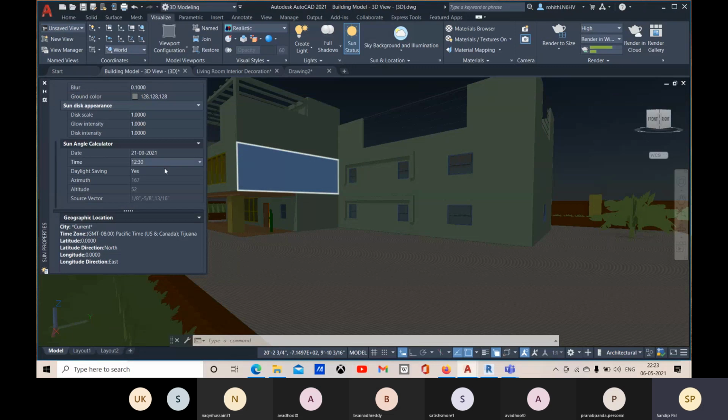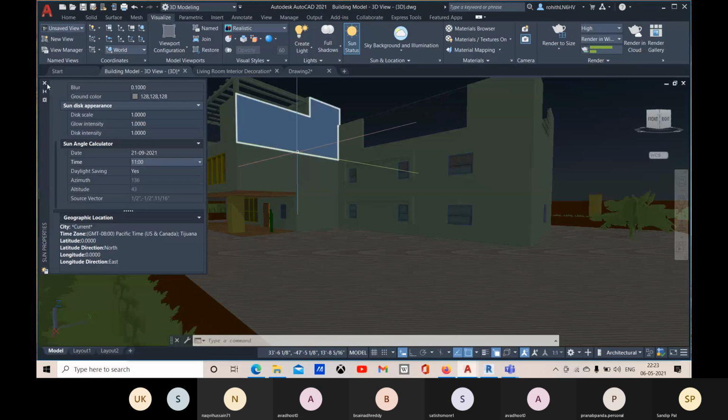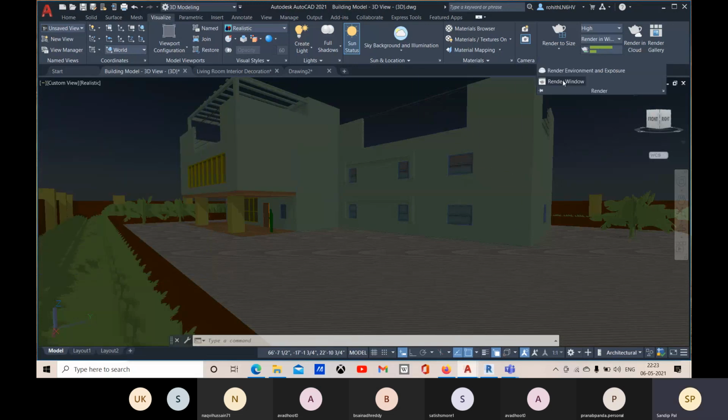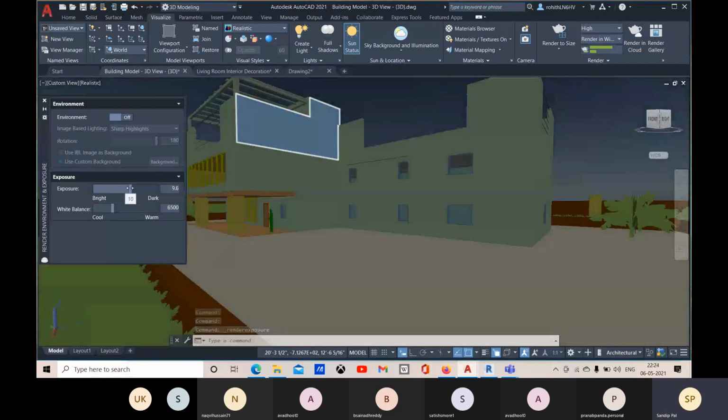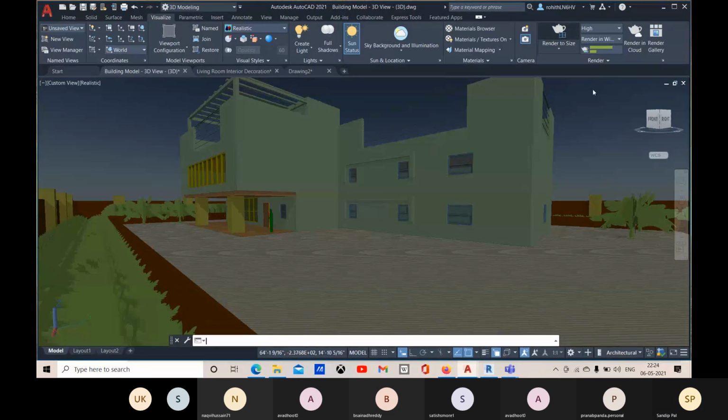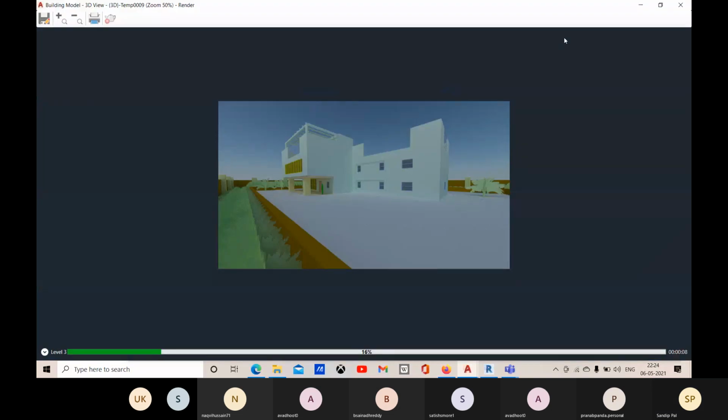So the sun timing you can change it. And render environment, just need to change to this much, and you go for render to size. You can see the difference.